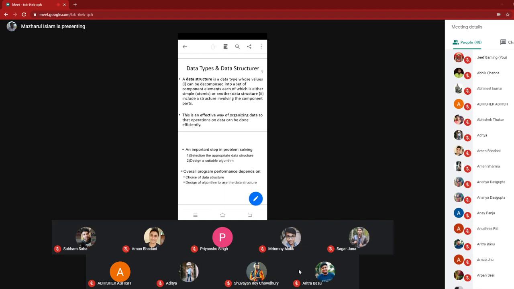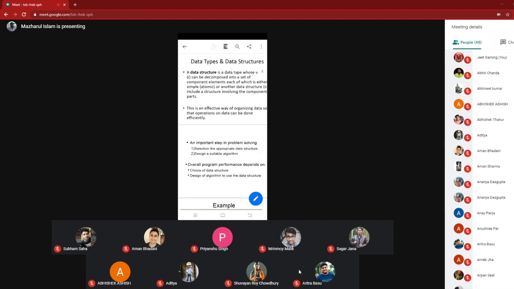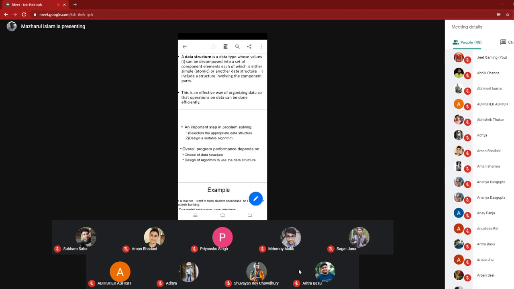Or, second point, it includes a structure involving component parts. Another definition of the data structure: it is an efficient way of organizing data so that operations on the data can be done efficiently.